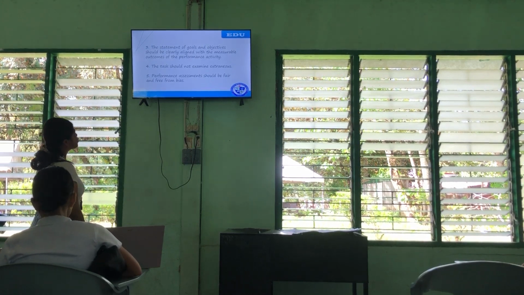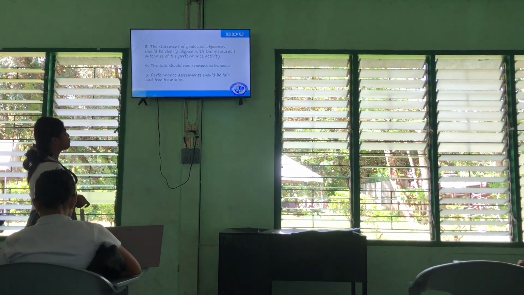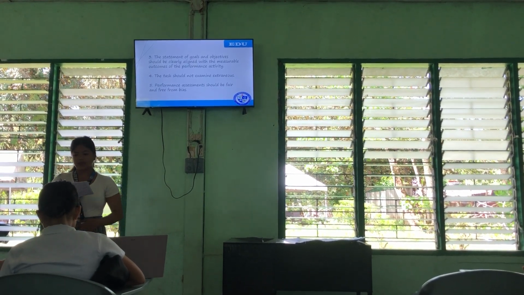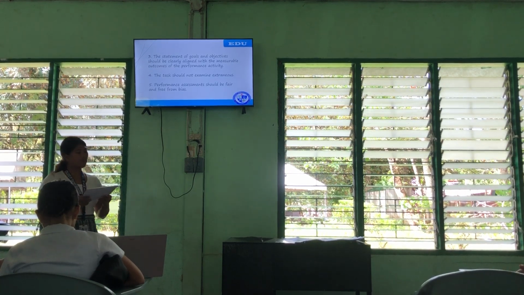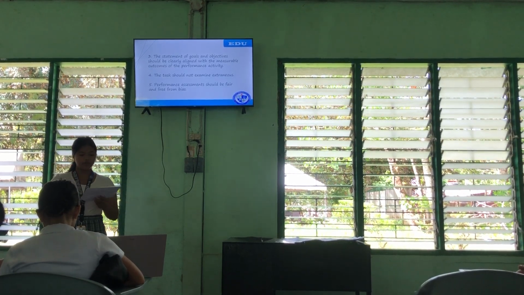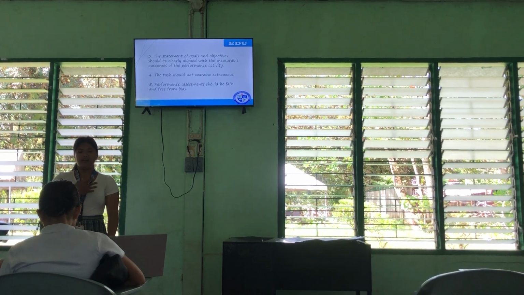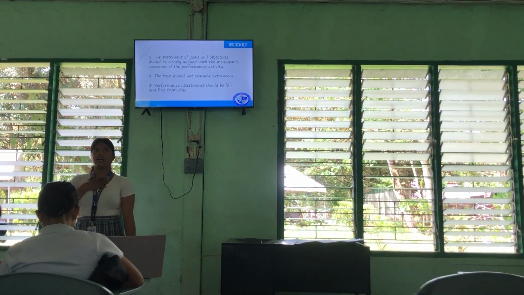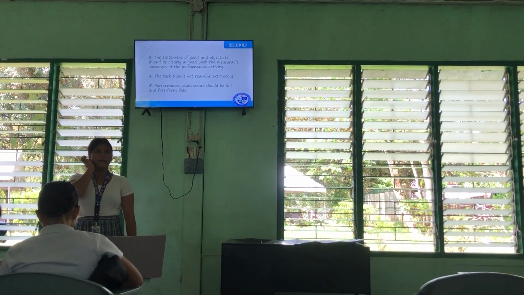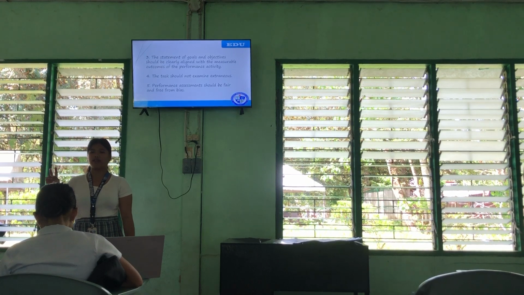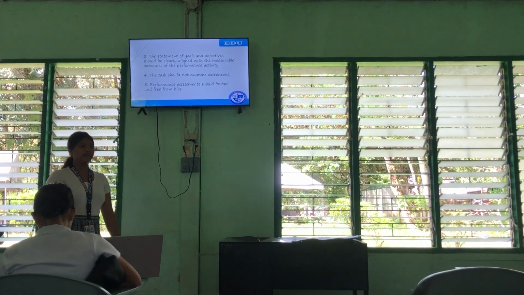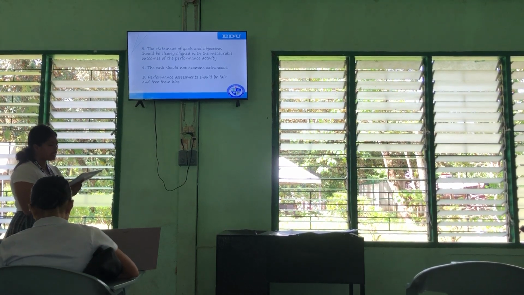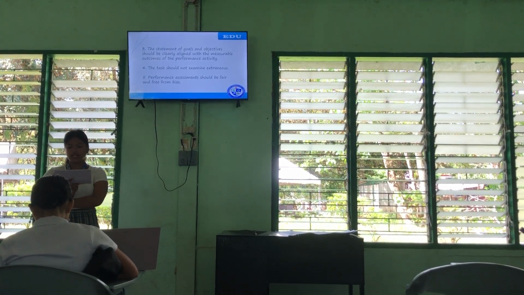Last, performance assessment should be fair and free from bias. It means that grading and assessment should be based on objective criteria, not influenced by personal feelings or biases. Mostly now many teachers have bias, especially toward their relatives, their families. This is important in education to ensure that students are